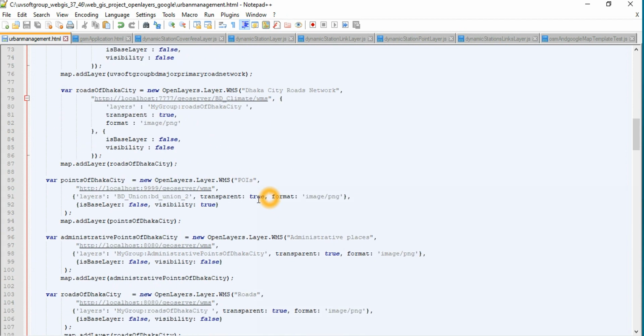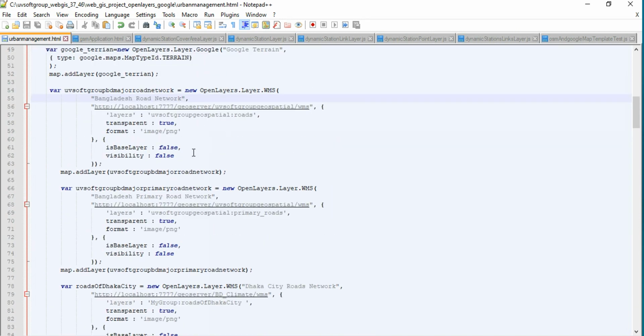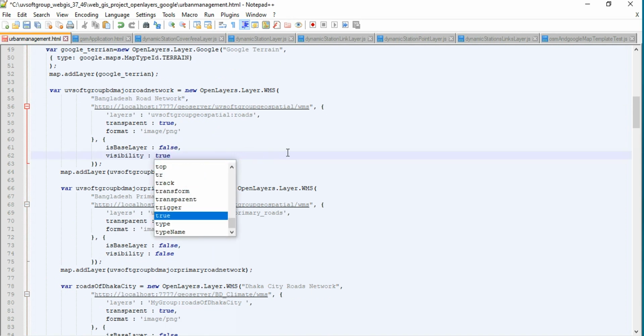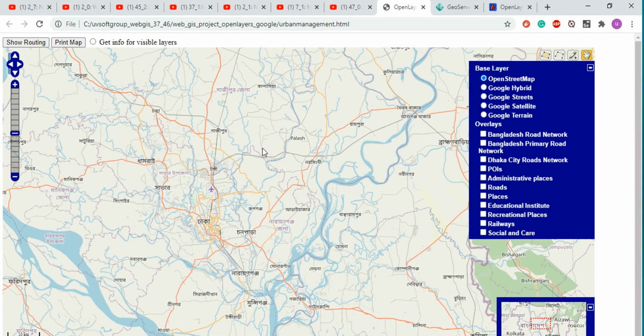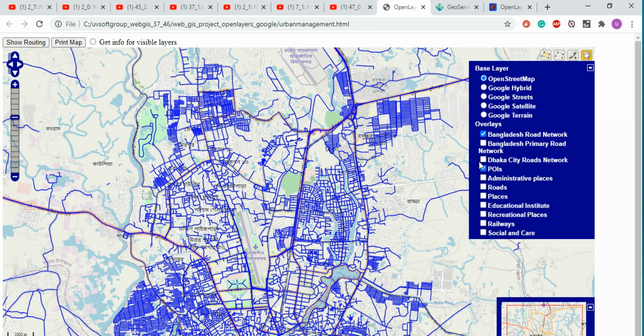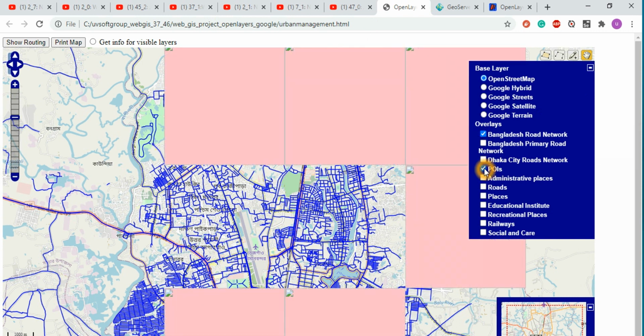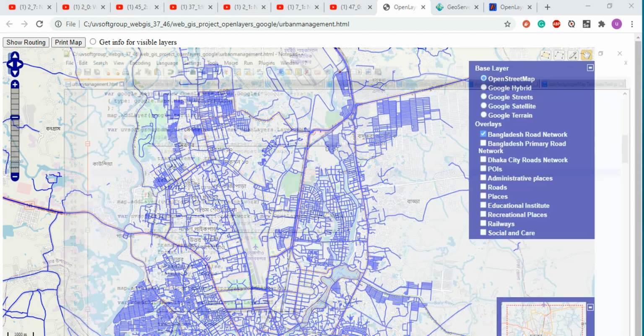If you see this one, let's change the visualization. So let's say our default visualization when the map starts will be the true setting. So let's say the visualization true setting. If you refresh the map, the web page, the HTML page again, that means all of these should be selected by default, the road networks, and you see how efficient it is. So it visualizes, and it is also default. You can say false, because it is still the false setting. So true settings for